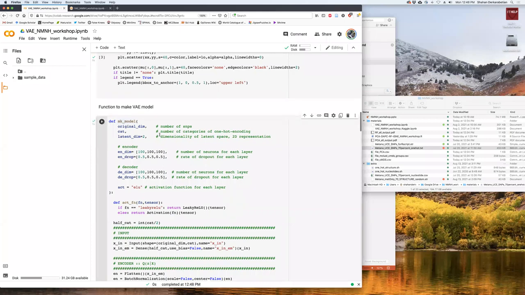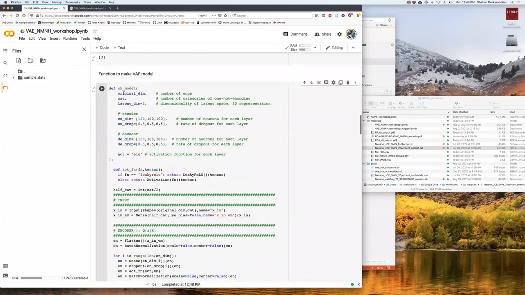Here's the VAE model. There's a lot of variables here. Dimensions, number of SNPs, it'll take that automatically. Number of categories will be 4. Latent dimensions should be 2, that's the number of dimensions you want in your latent space. Here is the encoder and decoder. What you see here is 3 layers, each of 100 neurons, for the encoder and decoder.